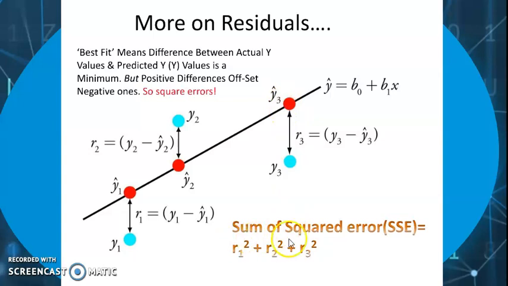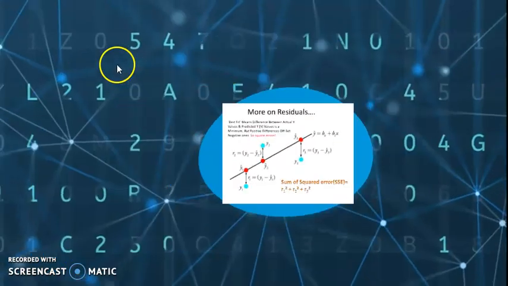And then I do sum of squared errors. Why am I doing sum of squared errors? So that I don't get negative errors, I get only positive errors. So that's why I'm doing square. So when I say it is minimum sum of squared errors, I consider that line as the best fit line. I repeat, when my sum of squared errors is minimum, I consider that line as the best fit line.